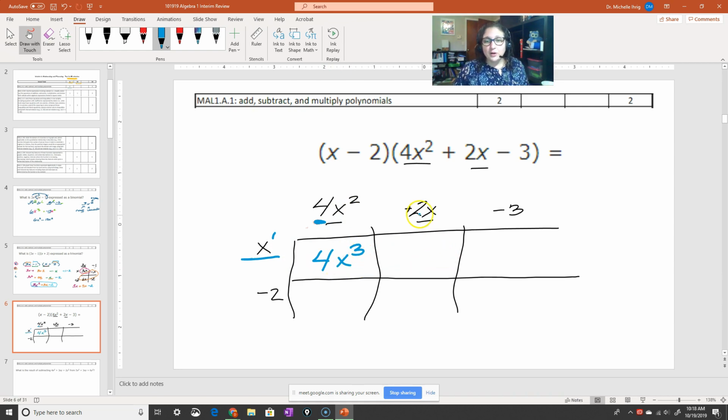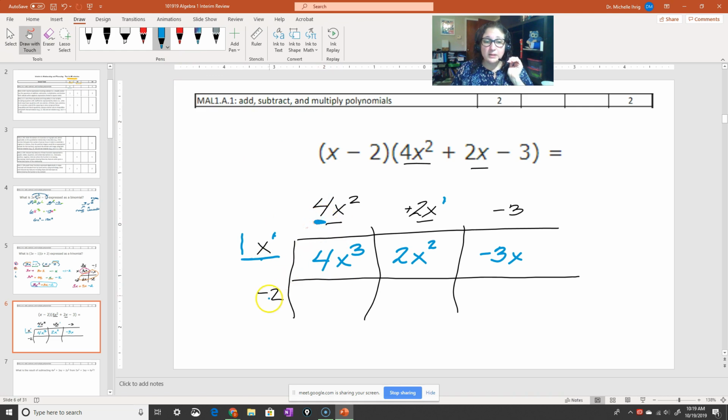Then let's keep multiplying across. Here's 2. This is a hidden 1. 2 times 1 is 2. Then I write my x's, and there's no exponent here, so I know it's 1. So I'm going to add 1 plus 1, and this is going to give me x squared. And then here, I'm going to do -3 times 1, which is -3. There's no x's there, so I'm not even going to think about that x, but I will write the x that's over here.